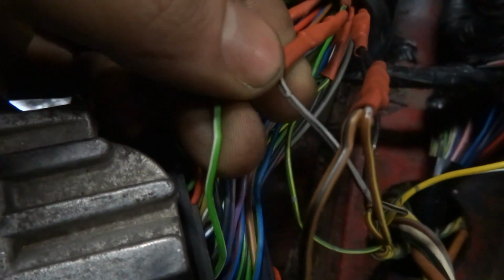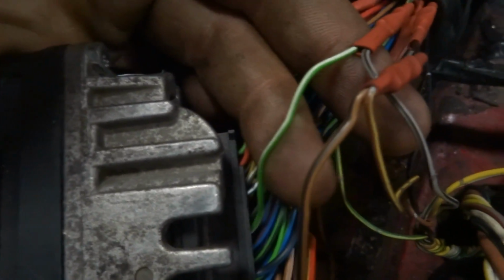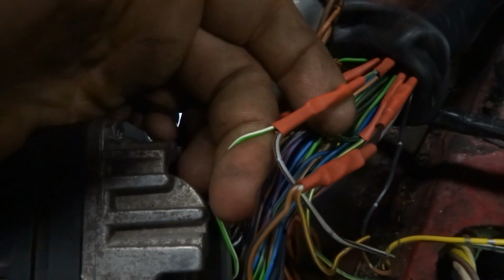So the gray wire from the SAFC harness is going to go to the green with a white stripe from the engine harness. It's in the middle row of wires, next to a blue with a red stripe through it, it looks like. Alright, so the gray wire coming from the SAFC is going to the green with a white stripe on the VR6 harness. And you're just going to want to tap that one in